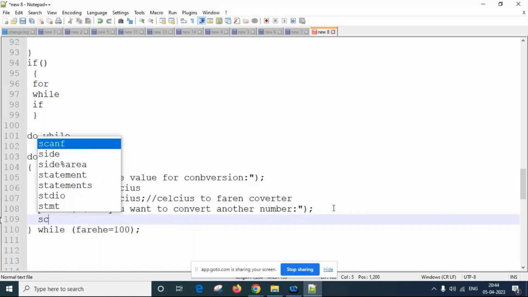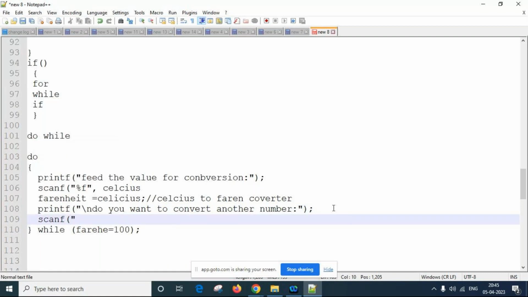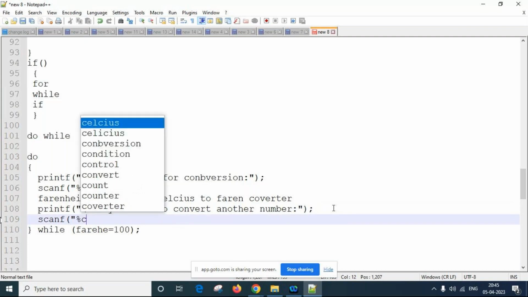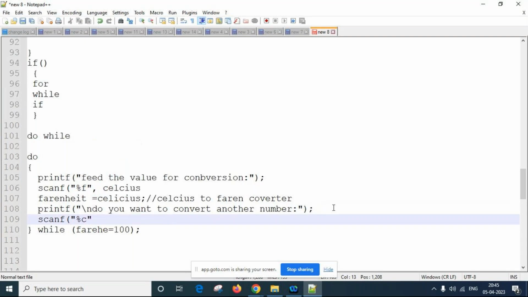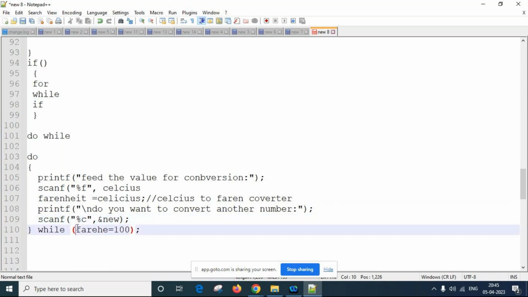So we will be scanning the data. This is character input, so it will be %c. Here we will be checking the condition: new is not equal to back apostrophe.